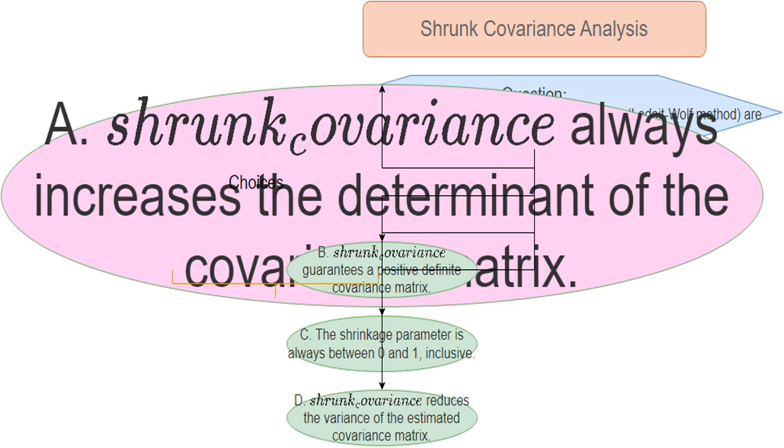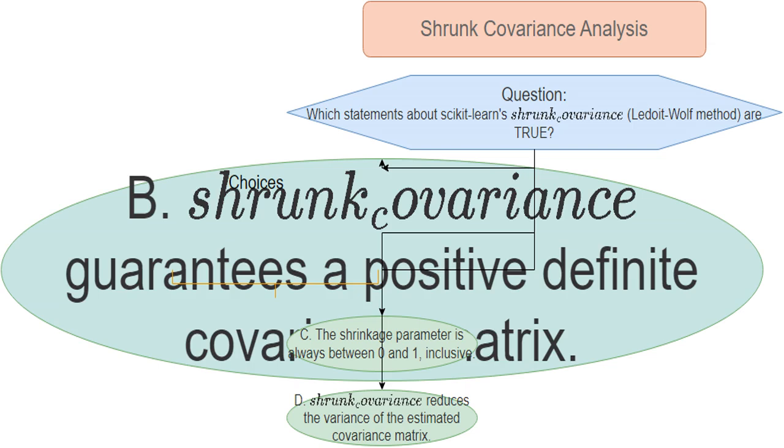_shrunk_covariance always boosts the determinant of the covariance matrix. The determinant is a single number representing the matrix's scaling factor. I found this statement false because the shrinkage method primarily focuses on stability and accuracy. An increased determinant isn't guaranteed. Statement B claims that